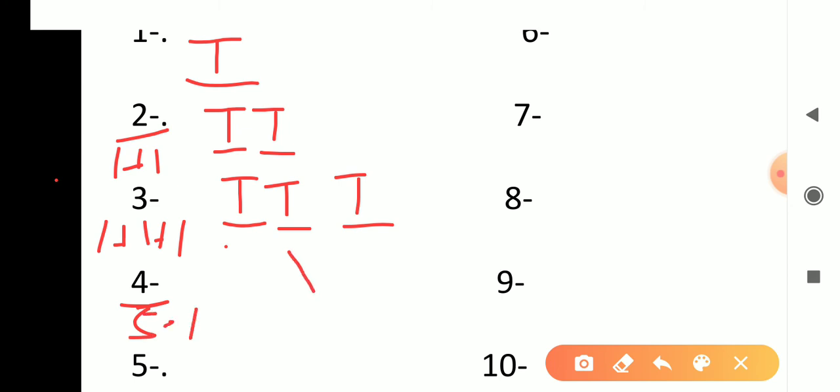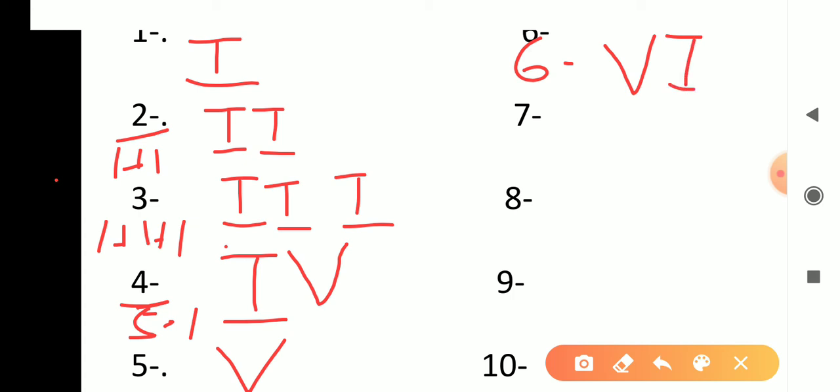So V stands for 5. If we write I on the left side, then we get 4. That is IV stands for 4. Next, 5. V stands for 5. Next, 6. Do we have any symbol for 6? No. First write 5 and add 1. 5 plus 1 we get 6, right? 5 means V plus 1. If we write on the right side, it gets added. So VI is 6.